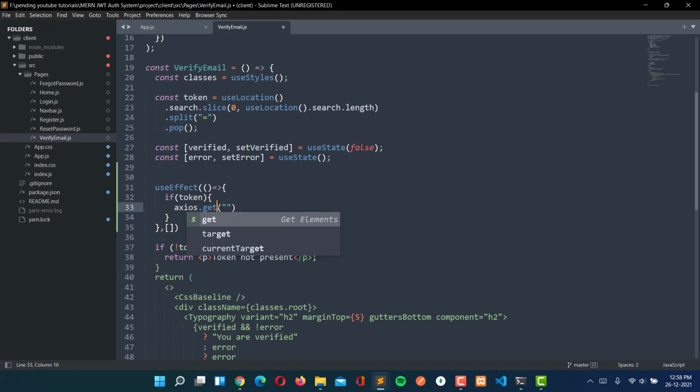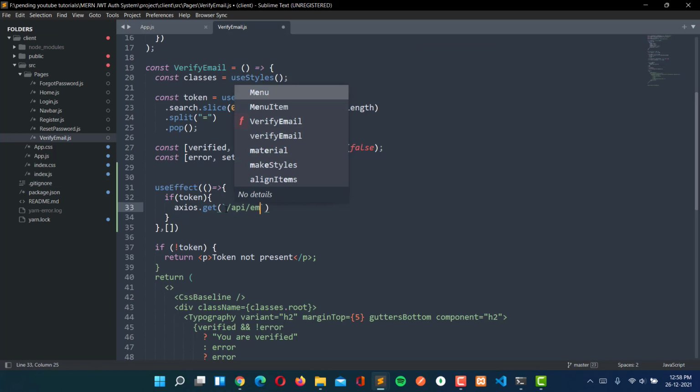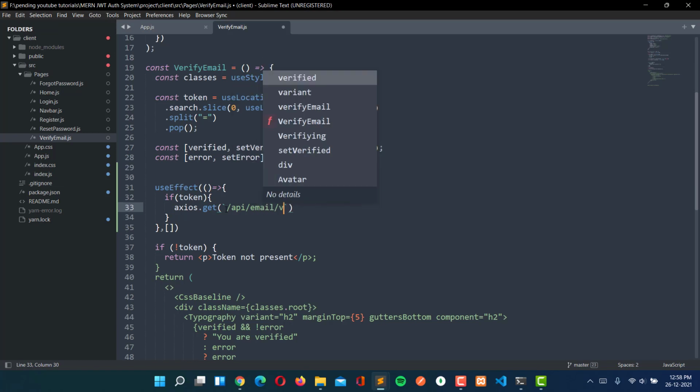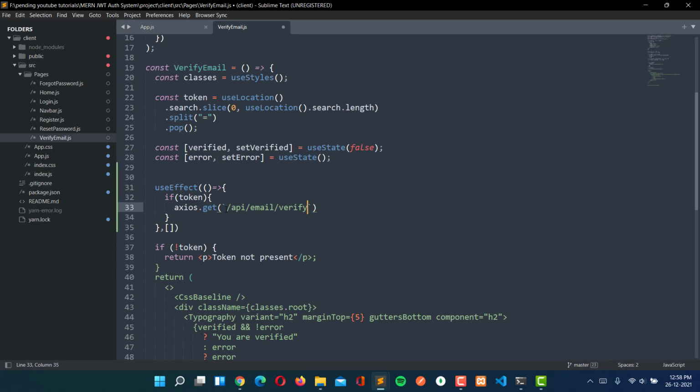So axios.get, and that is to the http localhost. Sorry, we don't need this. So I'm going to delete this. So we just need /API/email/verify. So /verify will be there, and now we have to pass the query here.